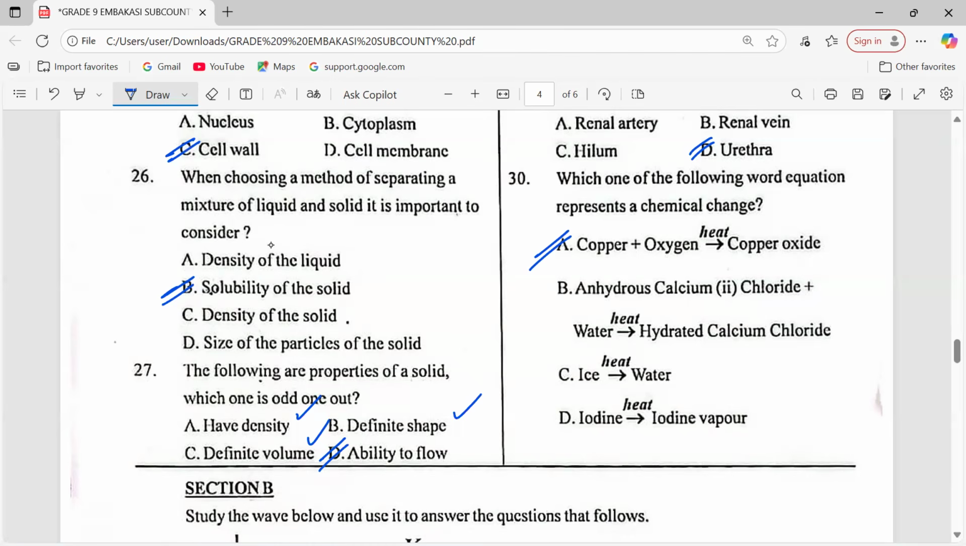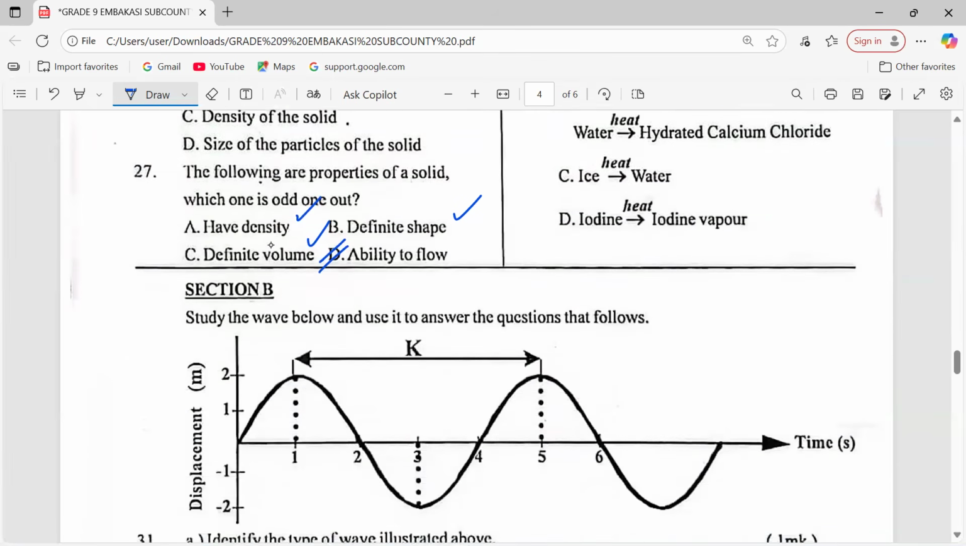Anhydrous calcium chloride heated, it becomes hydrated. I think that equation is not even in the right direction. When we have hydrated calcium chloride, it is when we heat it to get anhydrous. Then we have ice to water, which can be reversed. Iodine heated to iodine vapor can also be